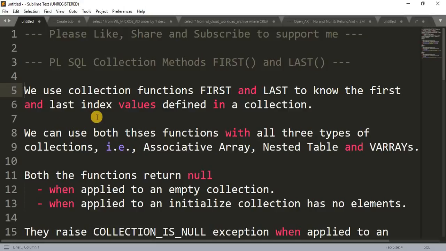So we use collection functions first and last to know the first and last index values defined in a collection. Okay, we can use both these functions with all three type of collections. We have associative array, nested table, and V arrays. So we can use these first and last methods, or you can say functions, in all these three type of